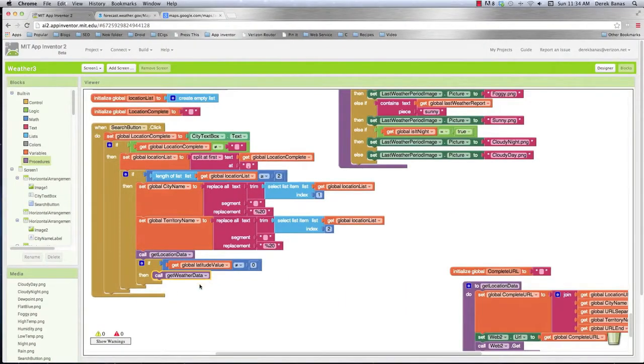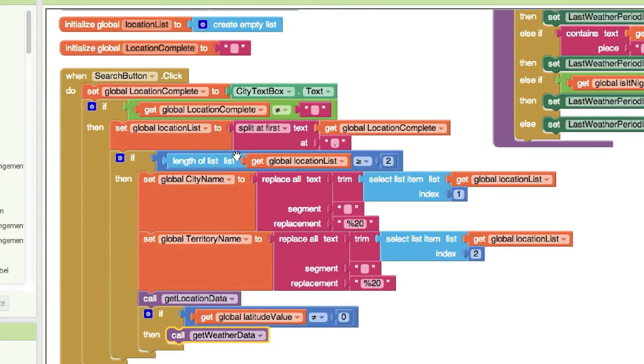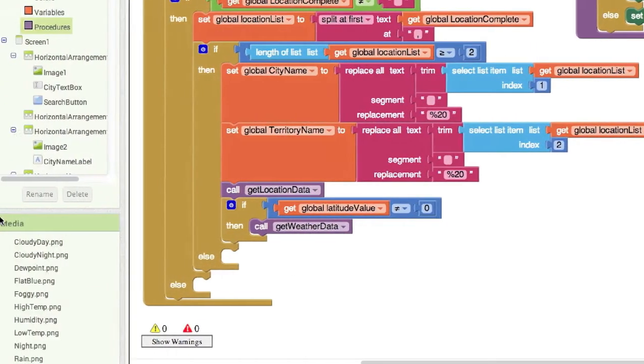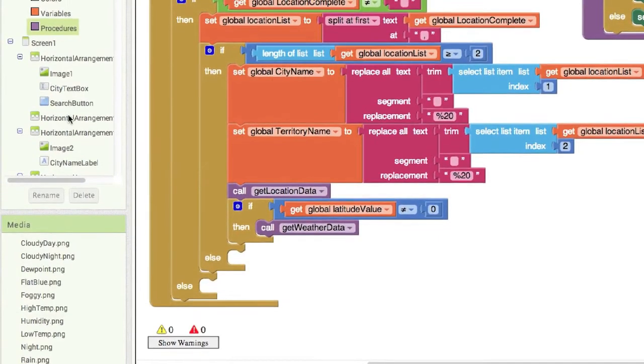And now just to provide some dialog boxes if certain errors occur. If the length of my list is not greater than or equal to 2, well then I want to handle that. So I'm going to come in here and I'm going to put an else statement inside of this. Else. And I'm also going to want to put an else statement here if there is nothing inside of there for city and state and they click on the search button. There that is. Now I prefer to use dialog boxes instead of alerts because alerts are kind of hard to